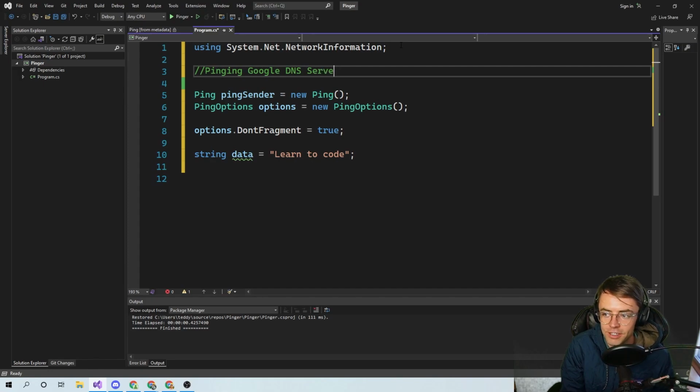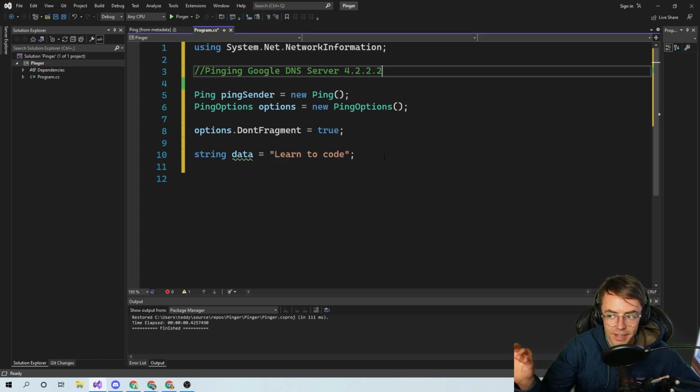And the server address is 4.2.2.2. So if you don't know what DNS stands for, domain name service resolution, something along those lines. But essentially, when you go to Google, you're not actually going to google.com. You're going to an IP address, and DNS is how they are connected, so you don't have to put in the actual 4.2.2.2 in the browser. So whenever you go to google.com, you're actually going to another IP address, and the DNS